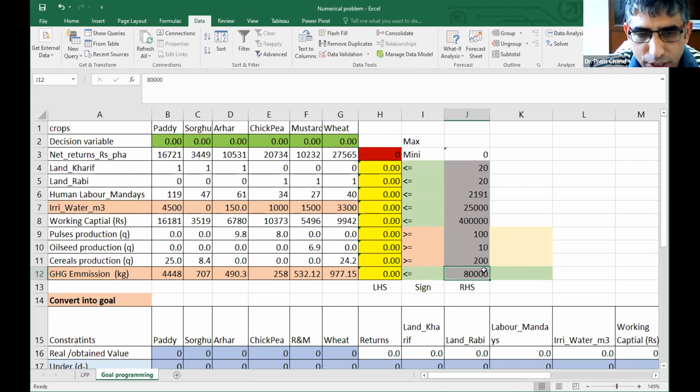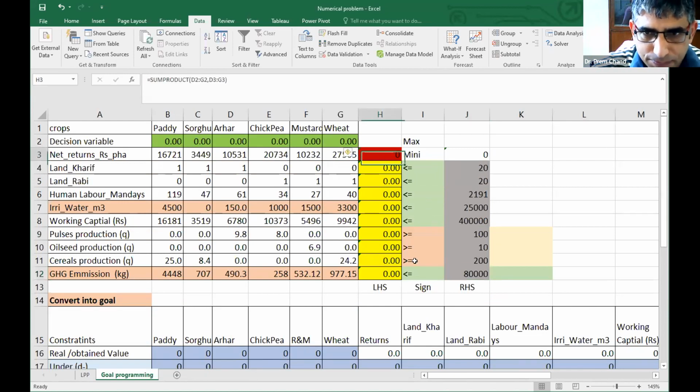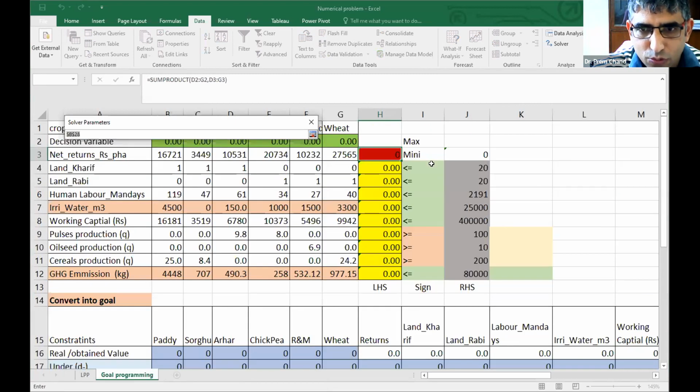I have converted into kgs, no? That's why I was different. So I will solve this problem, first using LP, and then using goal programming. So I'm solving it, and what I'm doing is I have to